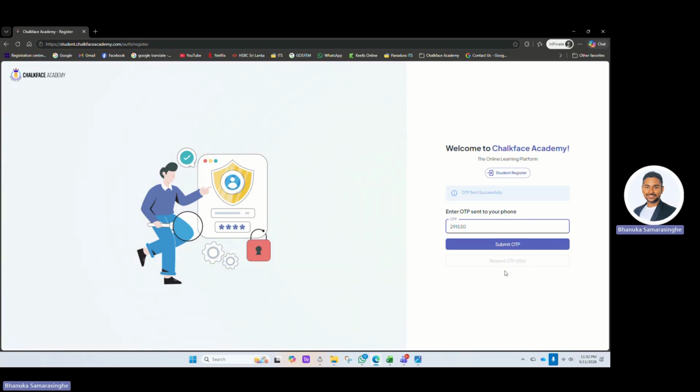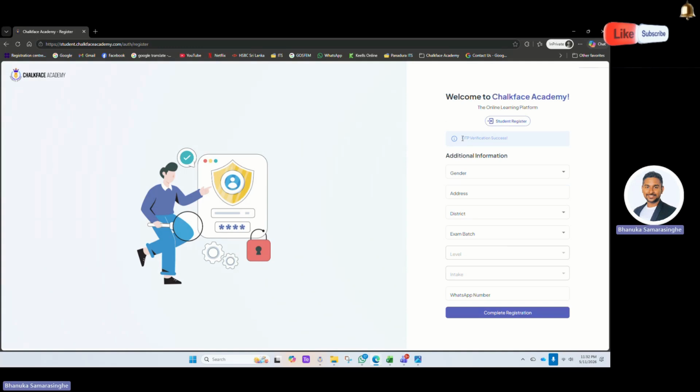And then when this becomes blue, you can click on resend OTP and you will get another one. Right. So since I have received the OTP correctly, I am going to submit the OTP. If you submit it correctly, it will say OTP verification is success. Then you can provide the additional information like gender,